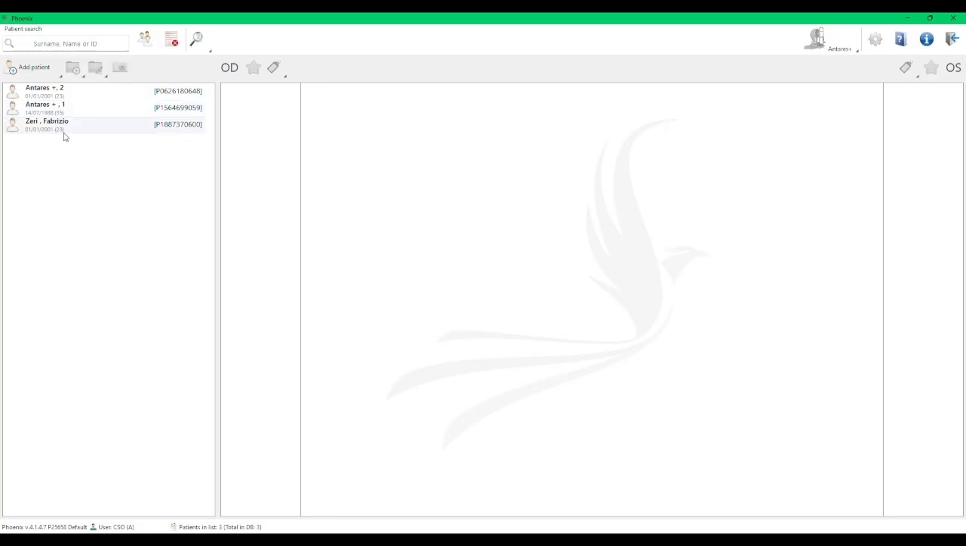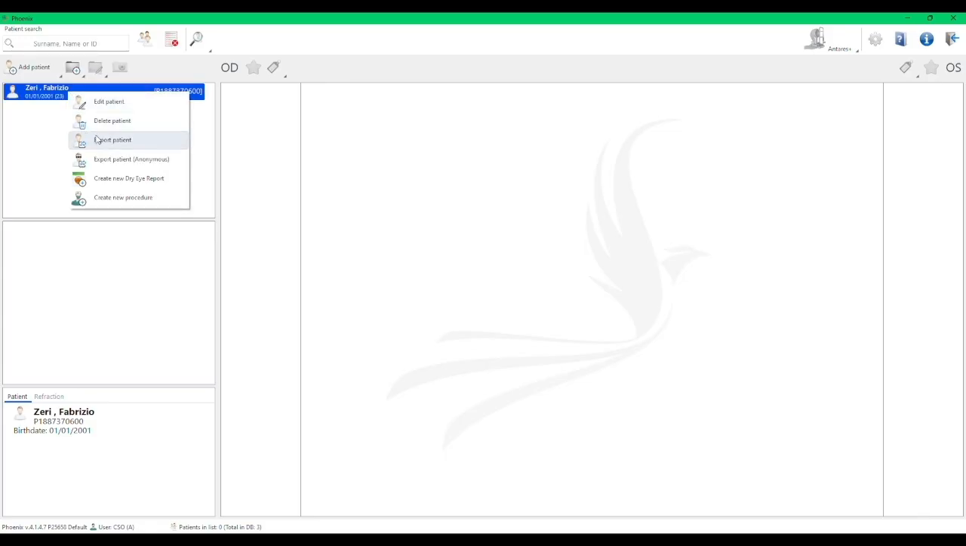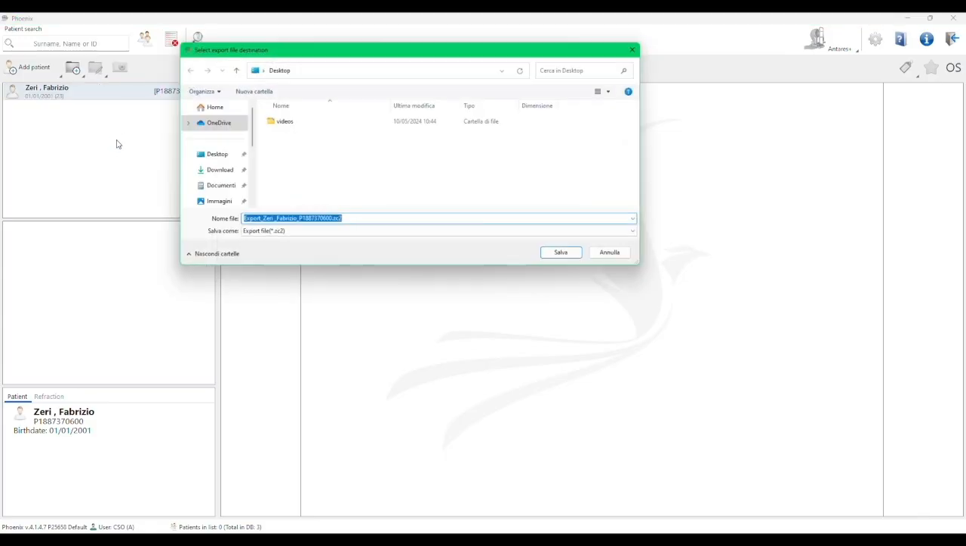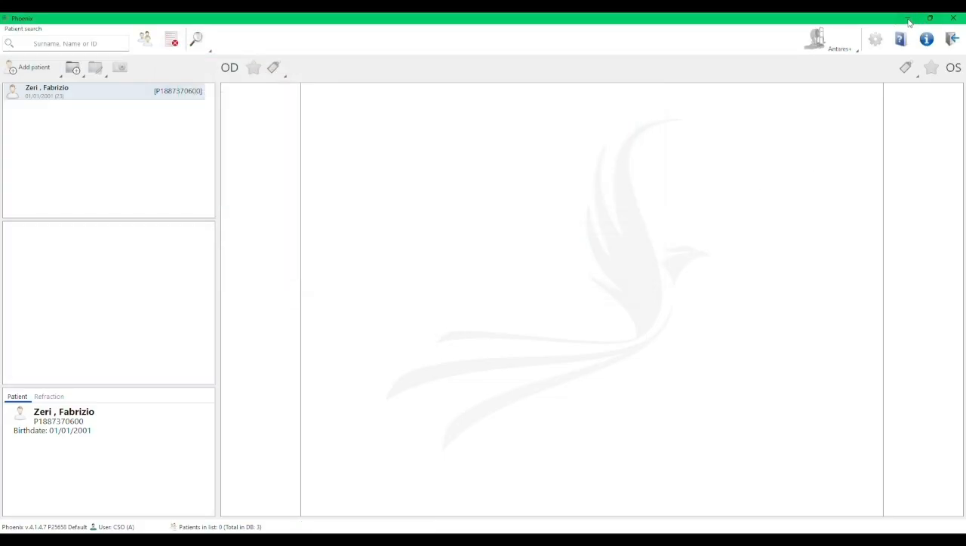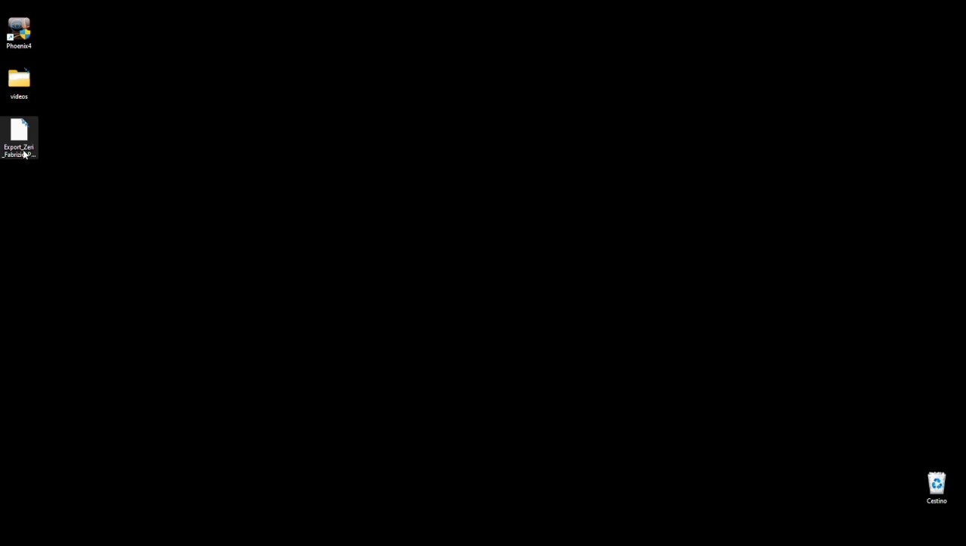So if I go to myself, to the file that controls myself, I can do several things. For example, I can export myself. Let's do it on the desktop. In this case, I will find the file that corresponds to myself and all the tests connected to this patient